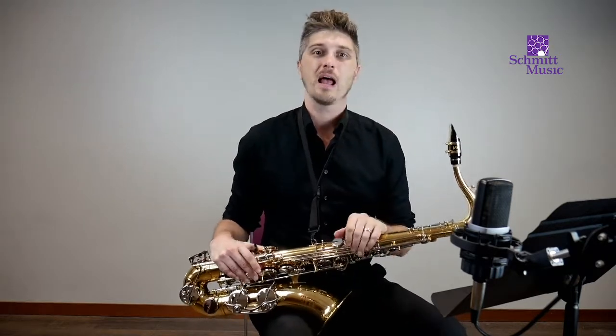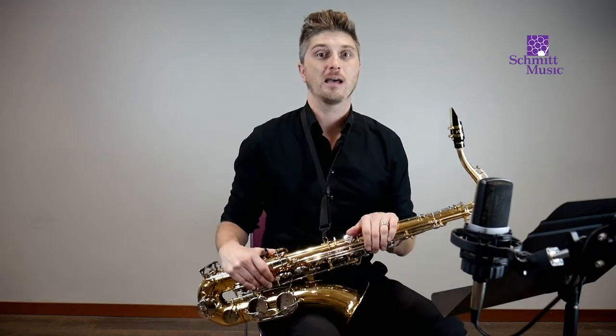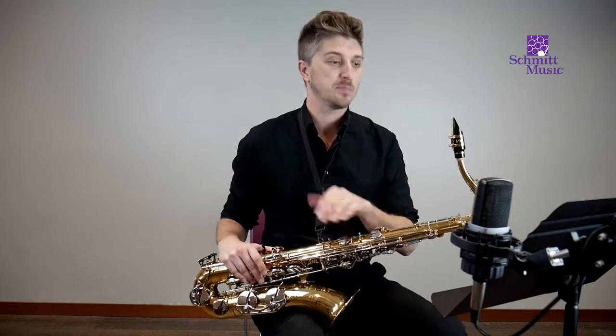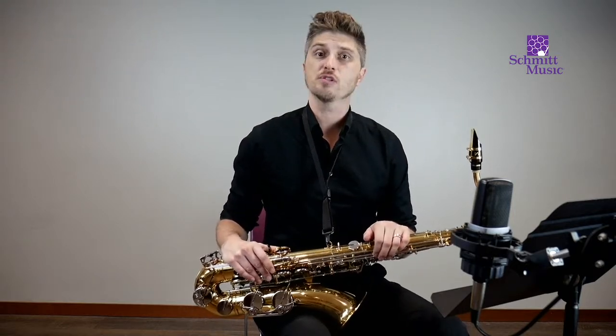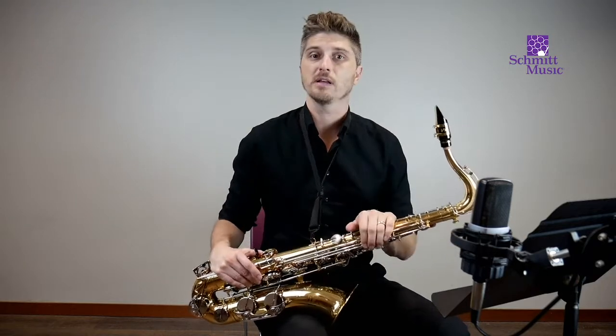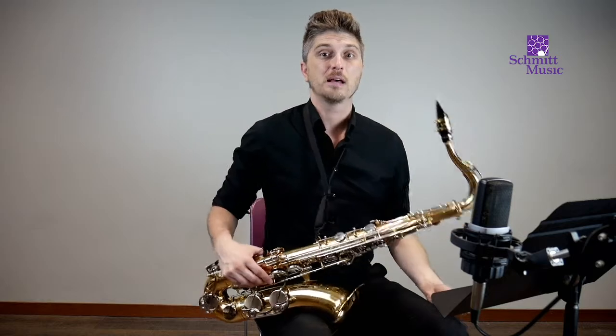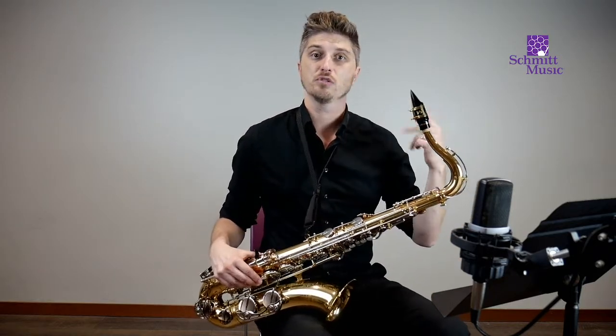It can be weird at first, and it can be weird not to take a breath and then get behind on the beat. But really try to keep a steady beat when you're doing that. Now, the other thing is when you're starting a note, make sure you start your note by tonguing the reed. What I mean by that is if I tap the tip of my tongue to the tip of the reed, if I do a short little tap,